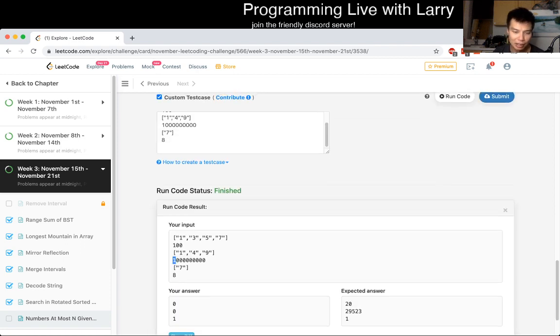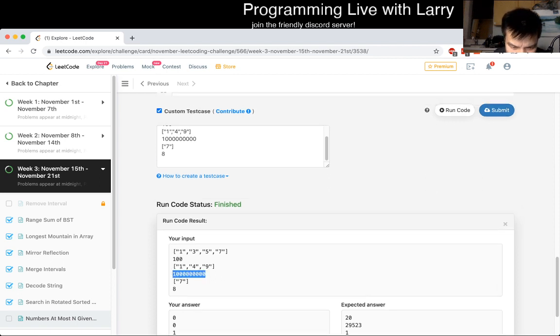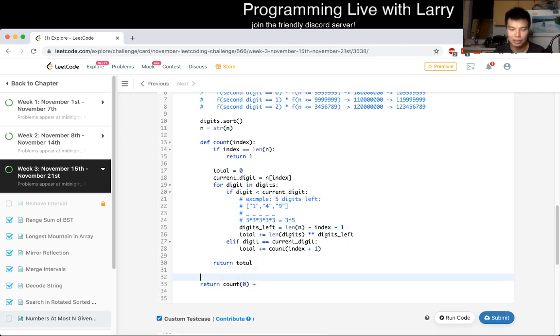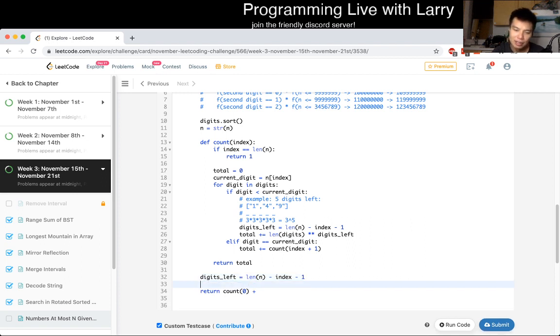I think we're missing the case where, for example, is this a billion? So this is a billion, but we don't count numbers under a billion. So that means it's this plus the same thing here, where the length of i minus 1, because that's the suffix of the thing,